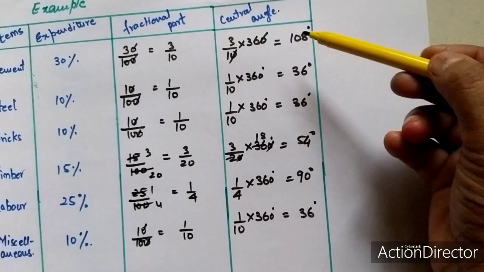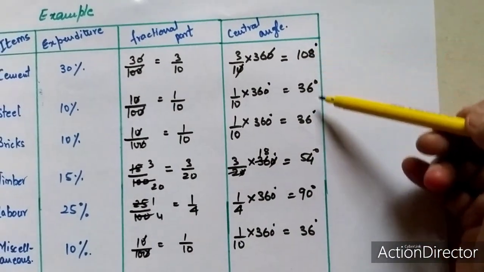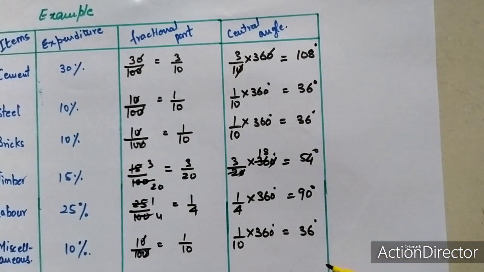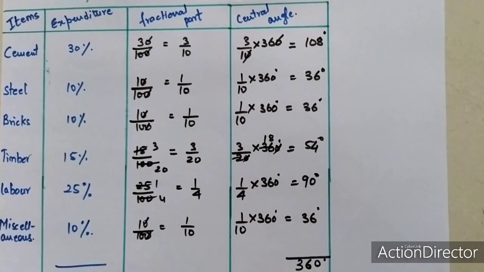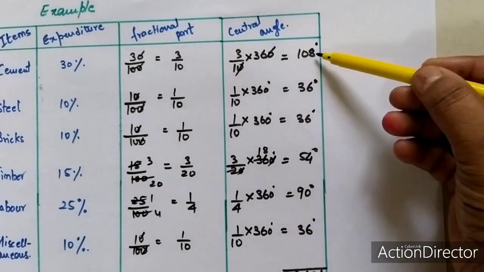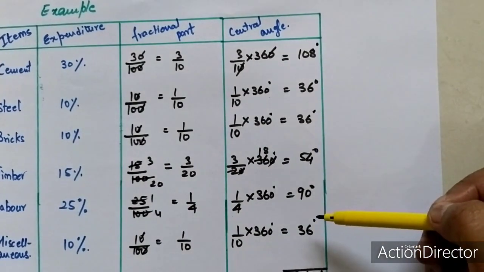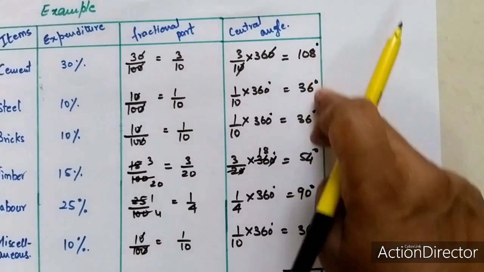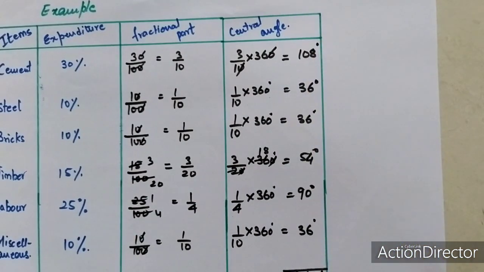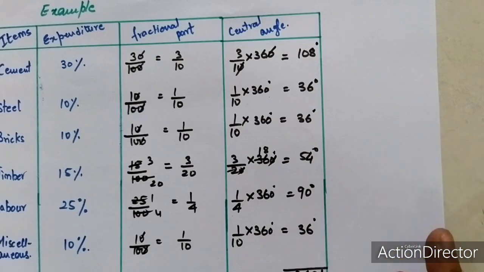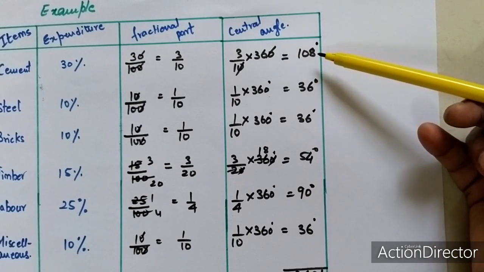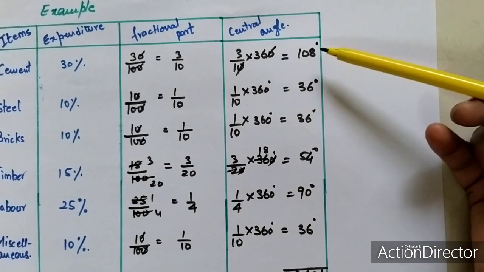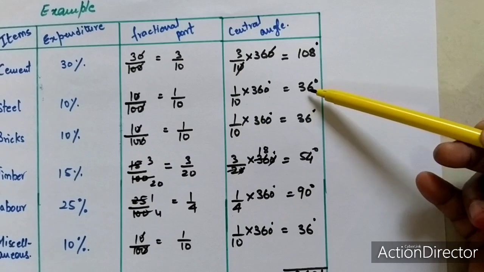And now, after getting all the central angles, you just check after adding whether it is equal to 360 degree or not. So when you add it, you will get 360 degree. Now you know all these angles, how to mark them in a circle. For mentioning all these, you make one circle of any radius, draw one radius. With that radius, you are going to make the first angle 108. Then whatever the next line you will get of 108 degree, with that radius, you are going to make another angle.